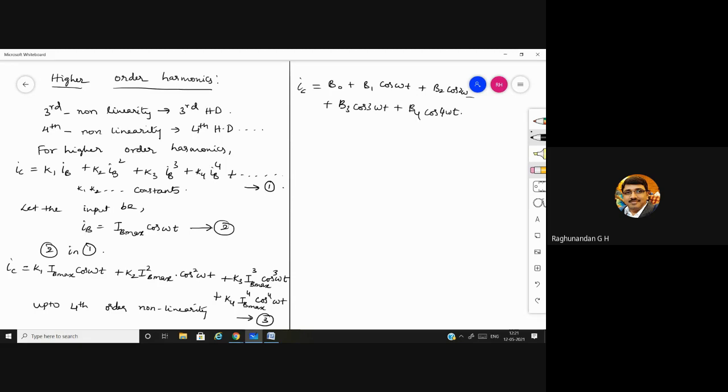After this, what is the step which we have done? If you look into the second harmonic distortion, what we have done? We put different values for omega t, like 0, pi by 2. Before that there is one step. We took that IC is equal to DC plus AC current. So we drew the graph. We wrote this as the instantaneous current is equal to the AC part plus the DC part. We arranged it in increasing order, sir.